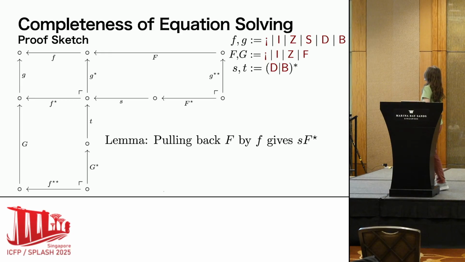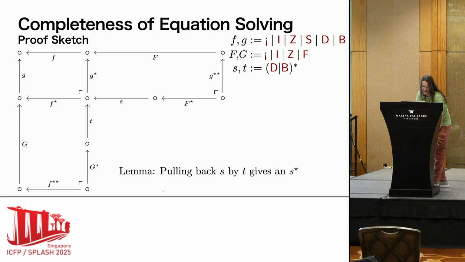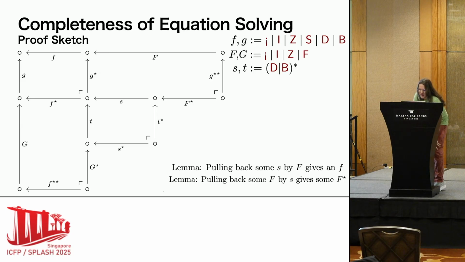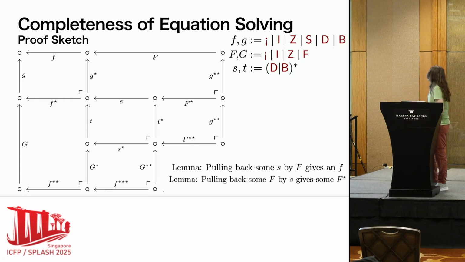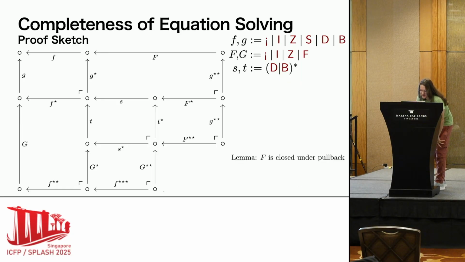So pulling back this G star along F on the top, pulling F along G star gives us S, which can be a double or no double, followed by a badly behaved thing. And we can tile out rightwards and downwards with that because it's symmetrical. And these double or not double, they spit out things of the same length, the same amount of doubles on the head. And we have a couple more lemmas, followed at last by poorly behaved things solving for more poorly behaved things, which completes the square.